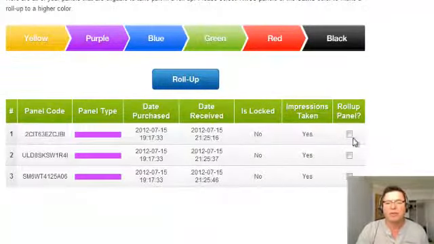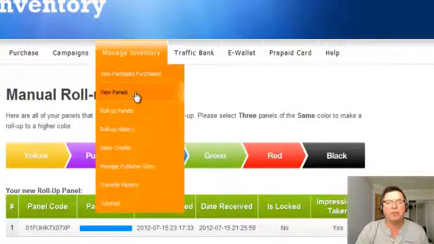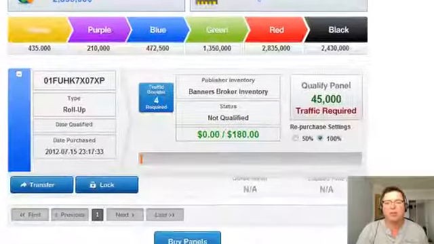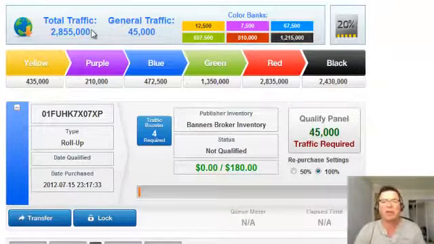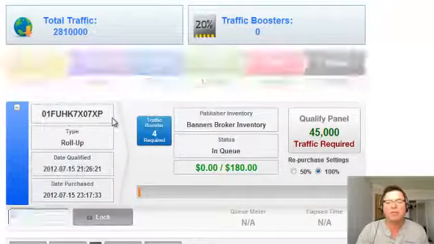So now we're going to take those 3, roll those up to a blue, and that gives us a new blue. Now we can head over to Manage Inventory, View Panels, go to our blue, unqualified, and we should have 1 unqualified blue panel now. And there you go. Referring back to my traffic bank, you can see I've got 67,500, so I have enough to qualify that blue without spending any additional money. So I'm going to go ahead and do that, get that qualified,